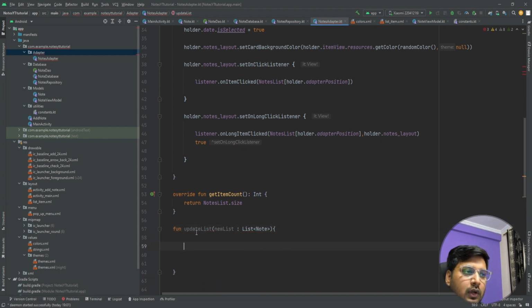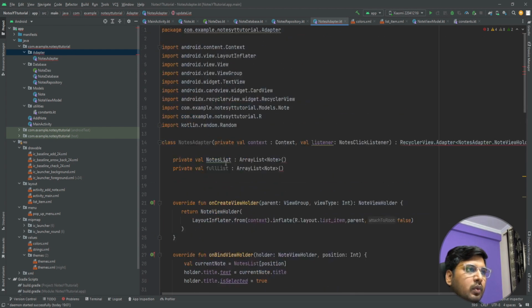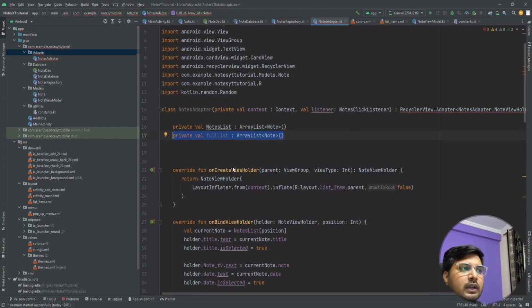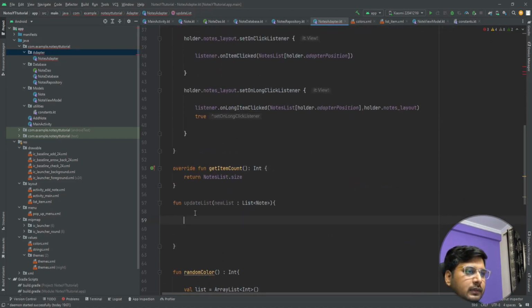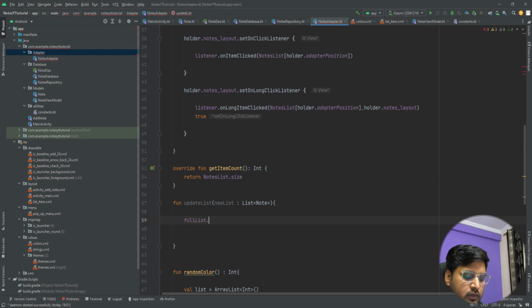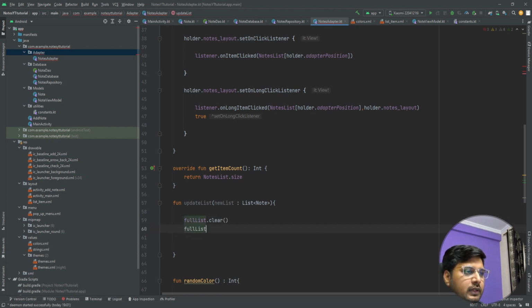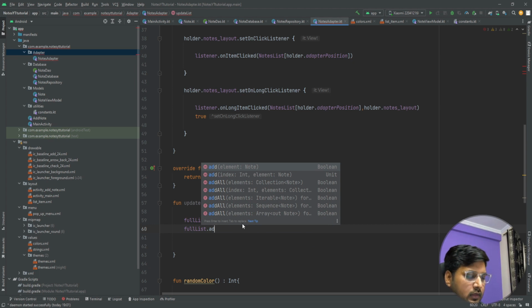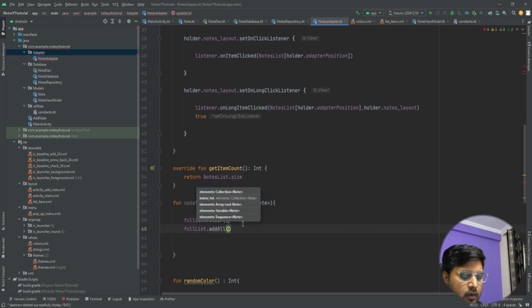So whenever user calls this method, what we want to do is clear this full list and set this list to a new list, right? So for that, we'll call fullList.clear, right? First, we want to clear all the elements inside the full list, and then fullList.addAll. We want to add all the elements of this new list to the full list,